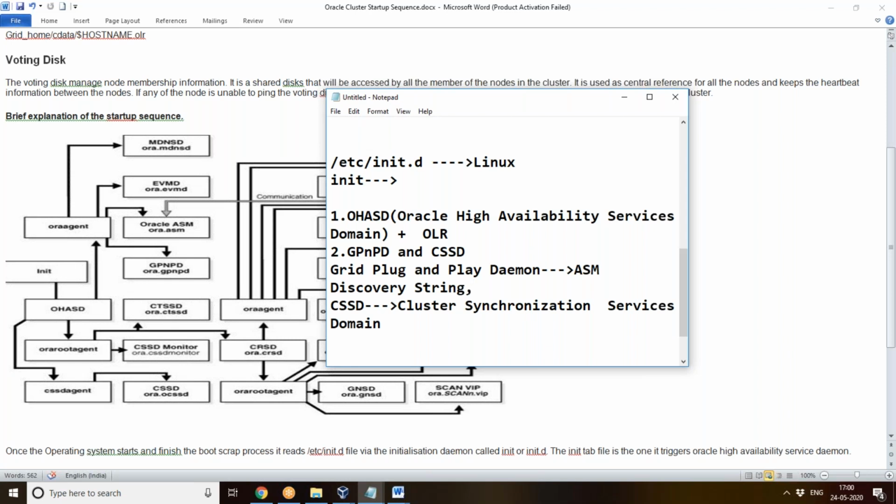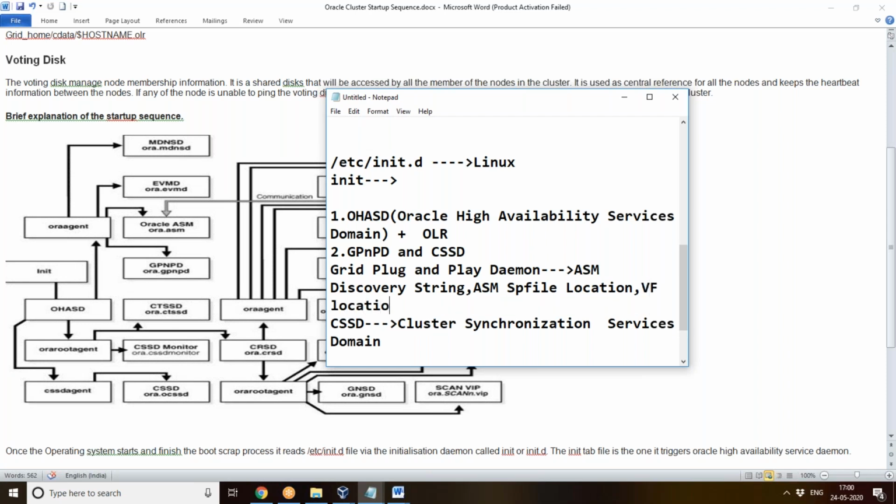Next is the ASM SPFILE location, which is also present in the Grid Plug and Play Daemon. Third, it also contains the voting file location information. Fine.